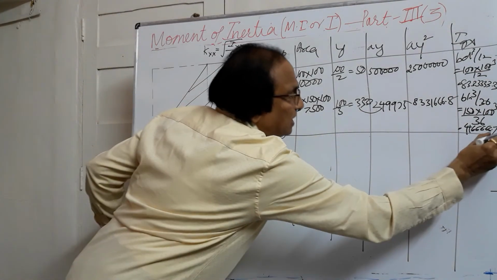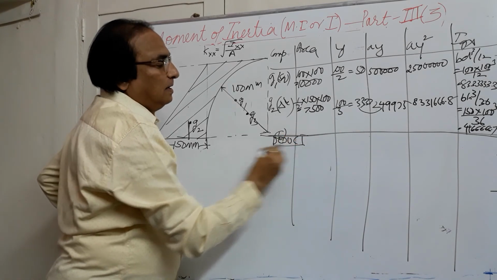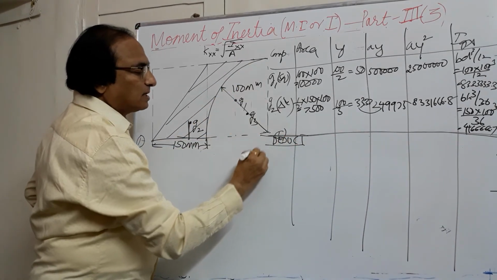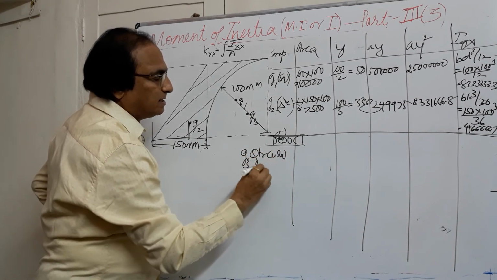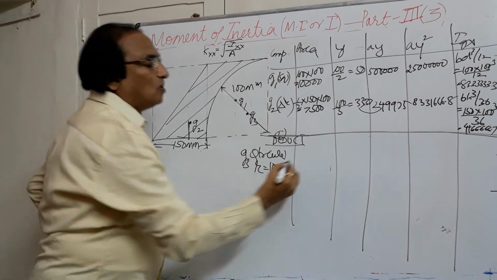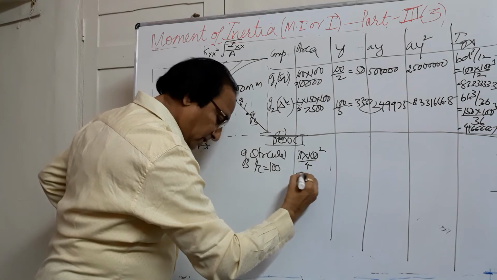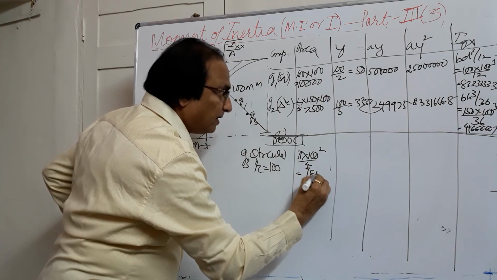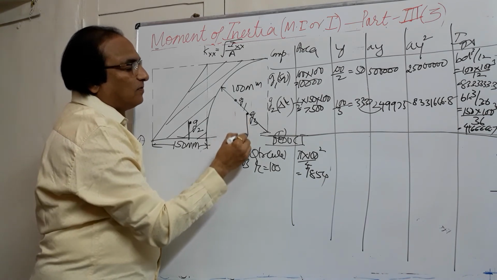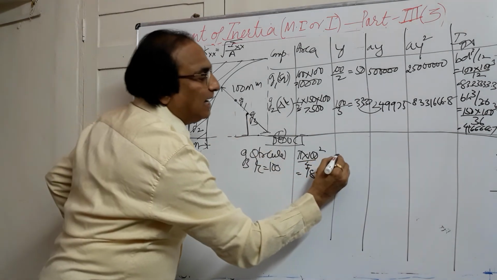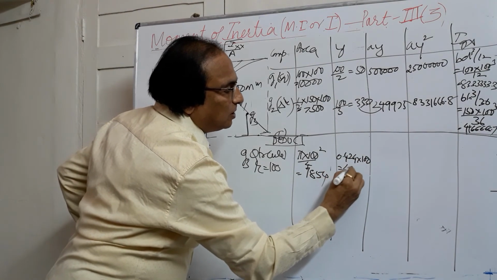So these two we added. From this we are going to deduct. So draw a double line here. We are deducting a quarter circle, G3, whose radius is 100. So quarter circle area is pi r square divided by 4. You get this value as 7854. The distance of the center of a quarter circle from 1-1 is 0.424 into r, r is 100. So this will be 42.4.